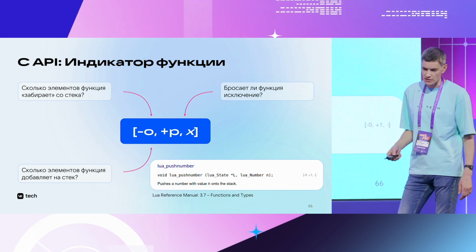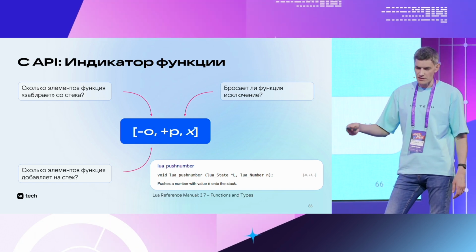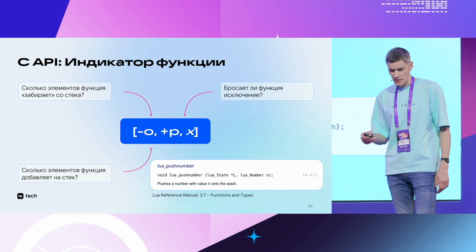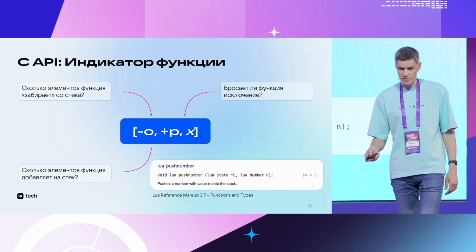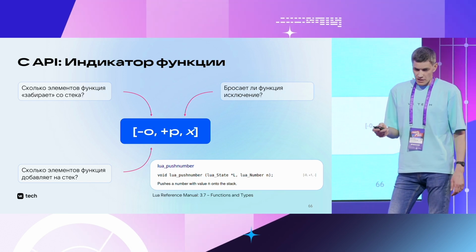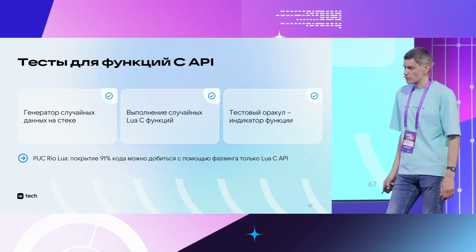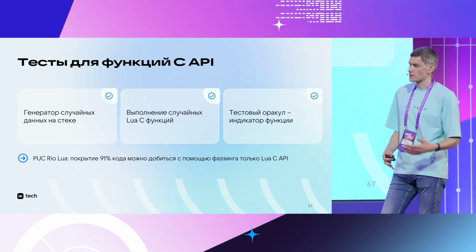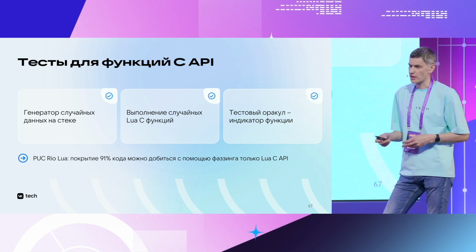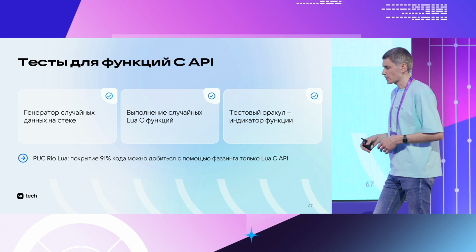The second number will set the number of elements to be added after the function has run. And the third number indicates if it'll throw any exceptions. It's in the manual, and this indicator is helpful to check the correctness of behavior of